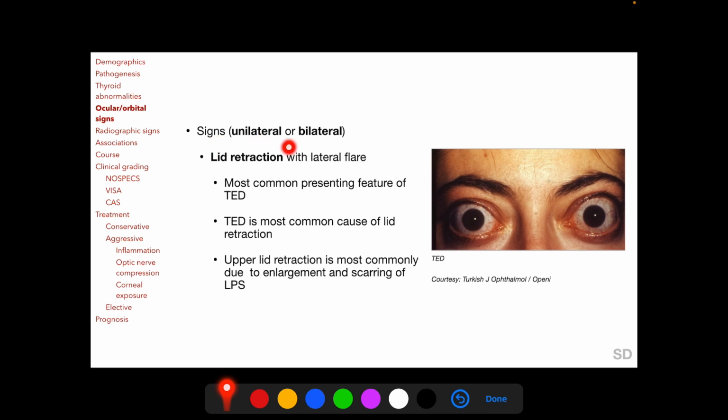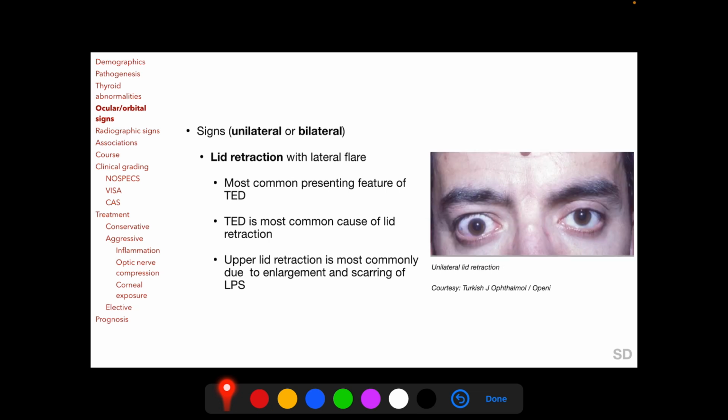So lid retraction is a very typical sign of thyroid ophthalmopathy, which leads us to the diagnosis of TED in most situations, and lid retraction is associated with a lateral flare. That is, the retraction is more in the lateral aspect of the eye than in the medial aspect of the eye. And lid retraction is the most common presenting feature of TED, and TED is the most common cause of lid retraction. So here we have a patient with bilateral lid retraction, and in this photograph the patient has unilateral